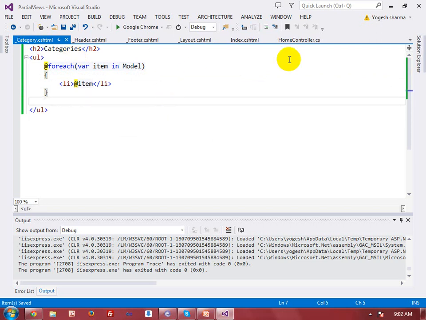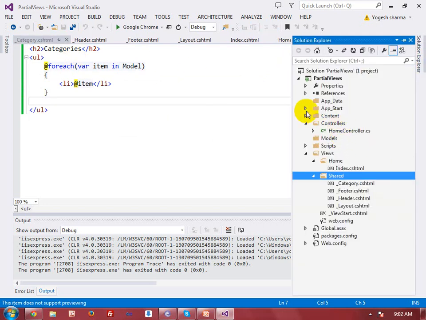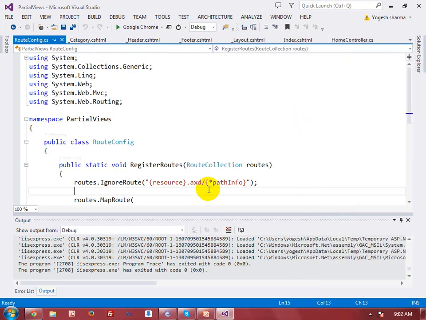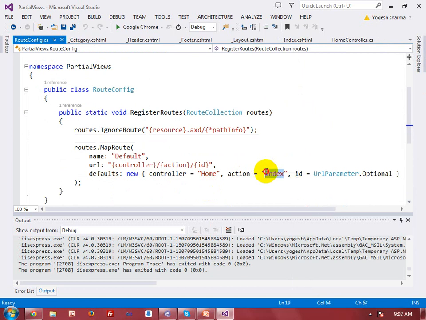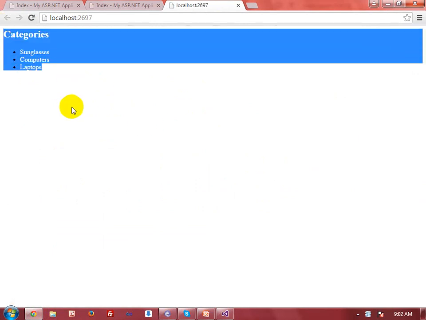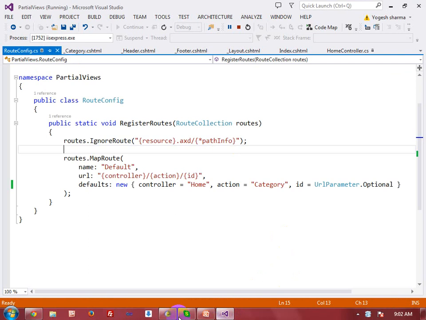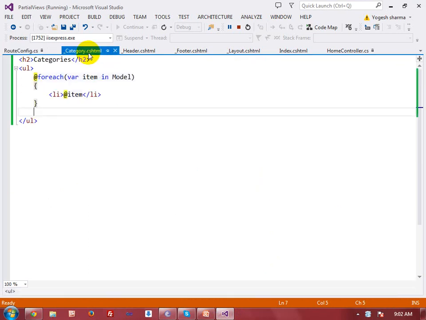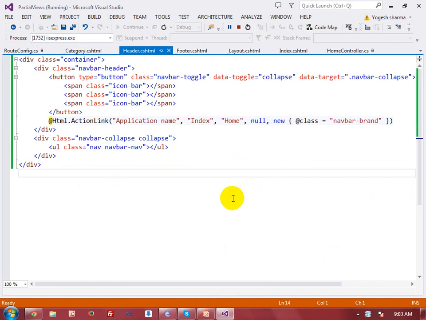Now let me make some changes in app start, because here I am going to call the category action. Now let me execute it again. So we have the output. So in this section you learned how we can render a partial view by using the render action method.